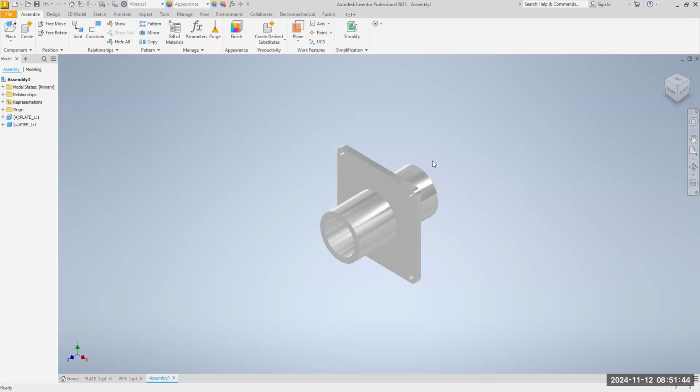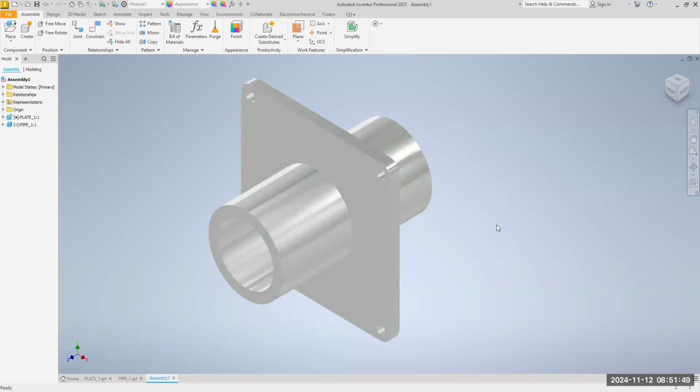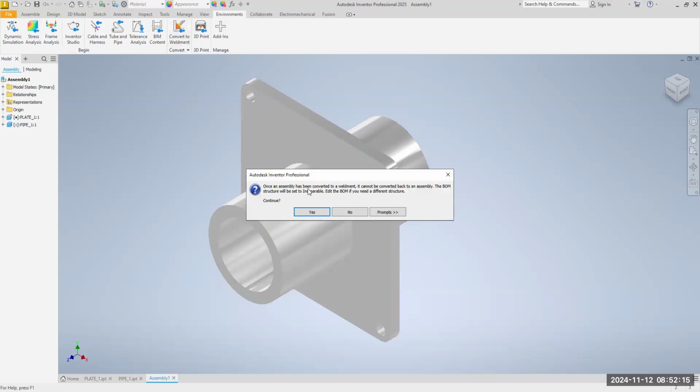Okay, now what we have to do is we have this assembly. We're almost done. We're done with the assembly. We have to weld it now. What I want you to do is go to environments on your tab. When you do that, there's a little icon that says convert to weldment. Click on that. And it says once an assembly has been converted to a weldment, it cannot be converted back